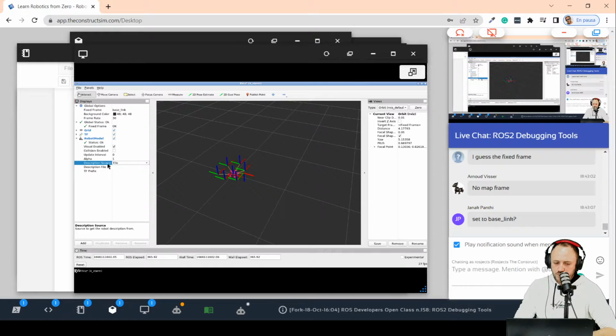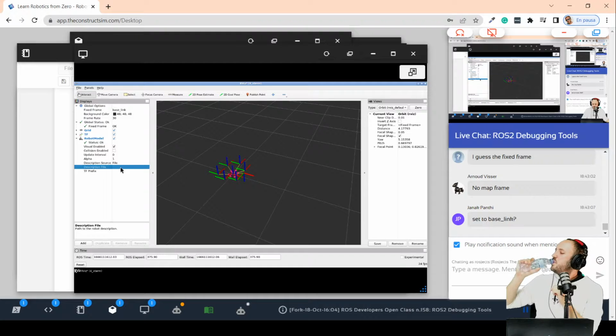Then if you set the description source to file, you have to, of course, specify this file, yeah? And what is the file that defines a robot model? It's the URDF file, right? Then